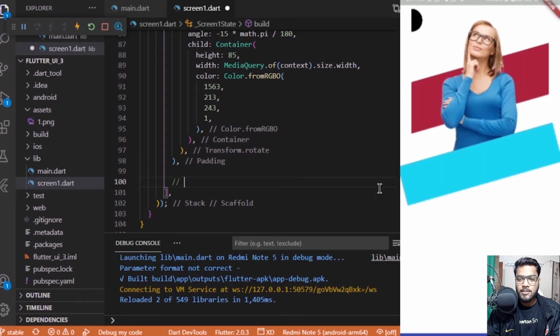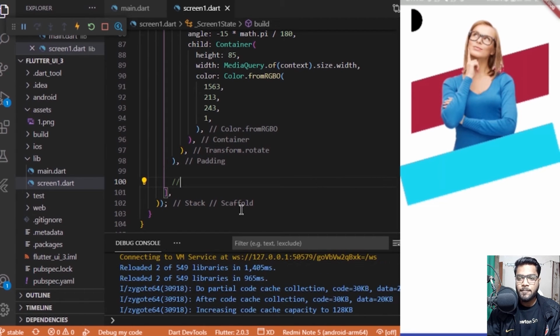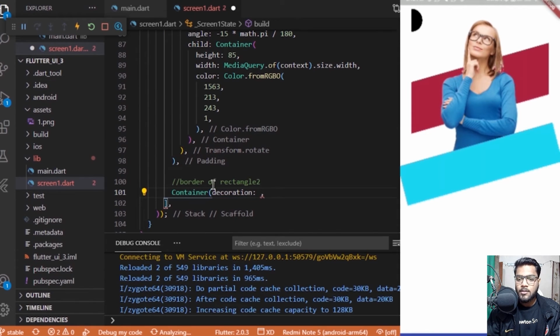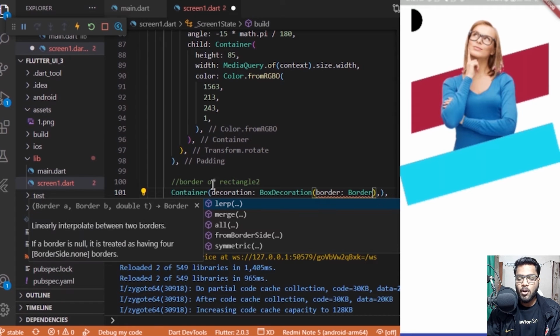And the hot reload is completed, and there you can see that we are displayed with the image of this woman, which was present in the assets directory, and two rectangles which we have specified earlier. But the thing is that we are still getting some border cut from the blue rectangle which we have specified at the bottom of this woman, so we will be fixing that later. To fix this, I need to add the border for this blue rectangle as well. So for that I'll be adding a container which takes a decoration and a box decoration inside that. For the box decoration we need to specify the border from all the sides.